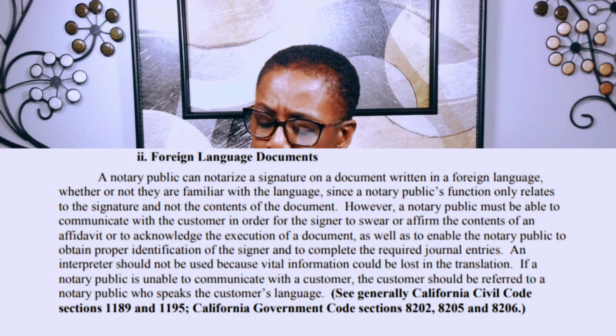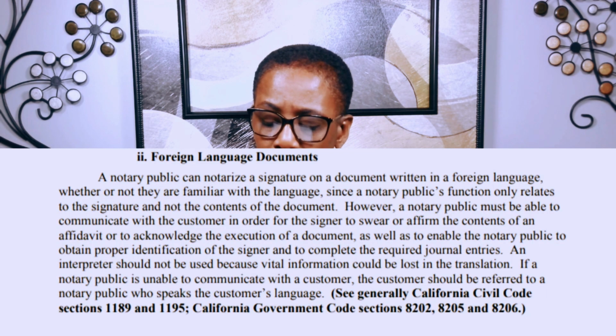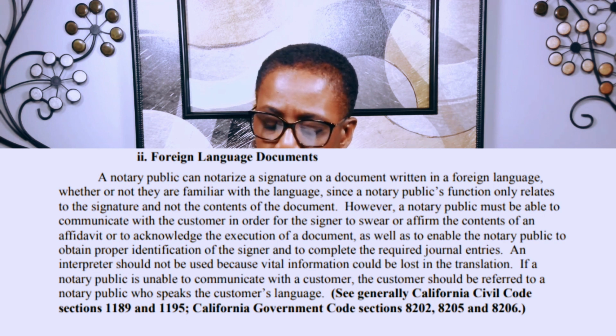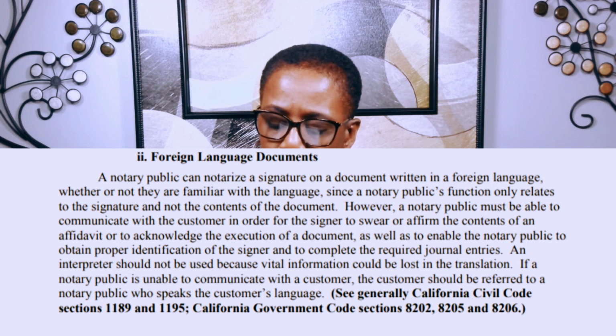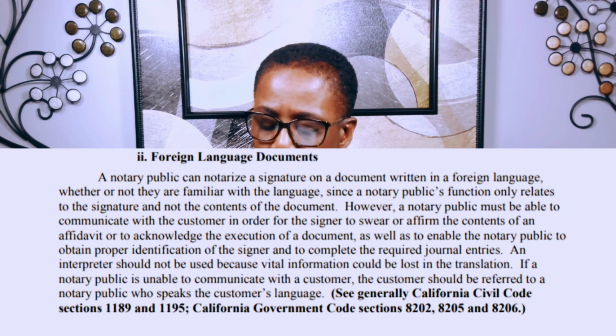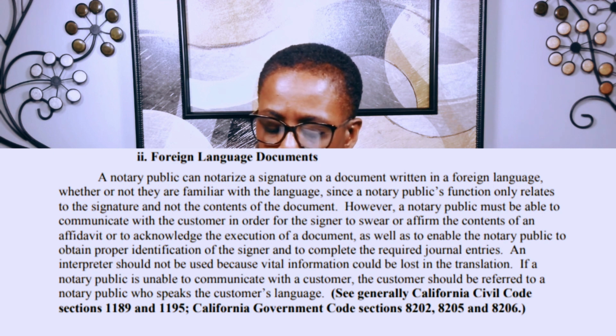However, a notary public must be able to what? Communicate with the customer in order for the signer to swear or affirm the contents of the affidavit, or to acknowledge the execution of the document, as well as to enable the notary public to obtain proper identification of the signer and to complete the required journal entries. An interpreter should not be used because vital information could be lost in translation. If a notary public is unable to communicate with the customer, the customer should be referred to a notary public who speaks